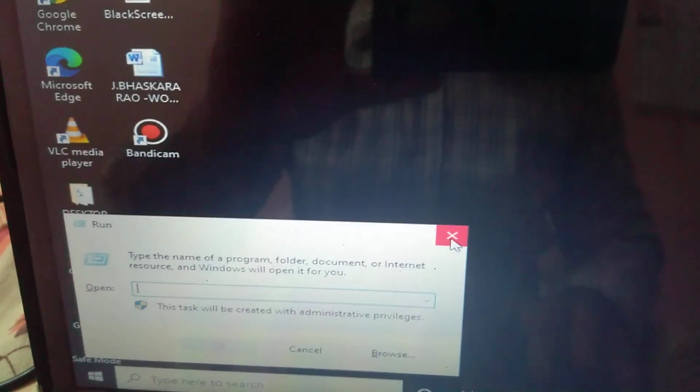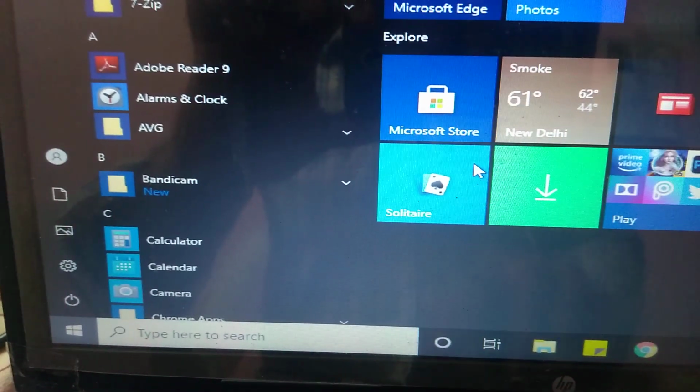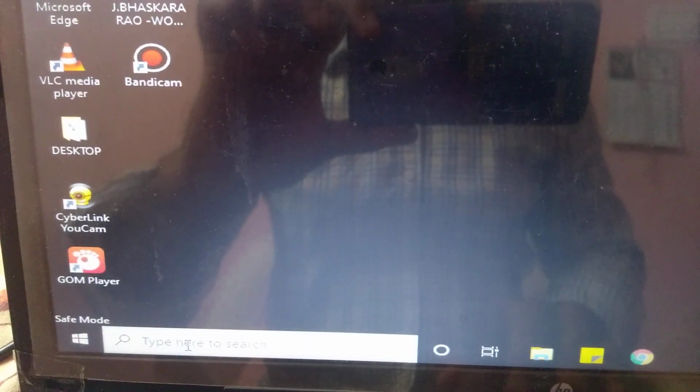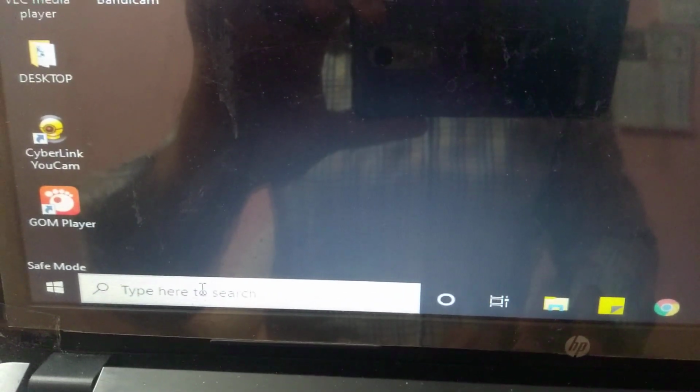Go to Device Manager in your control panel. There is an option in Device Manager to check whether your visual adapters and all these things are perfectly fine. I will show you in normal mode once I am back to my normal mode.